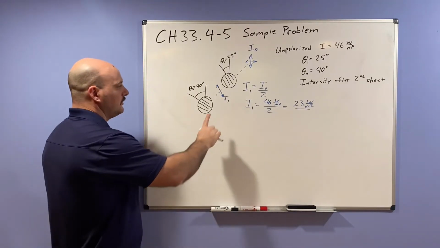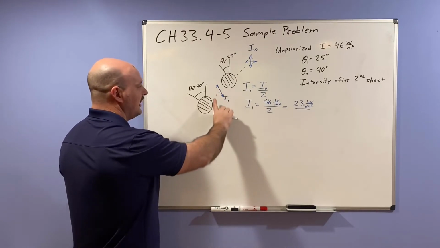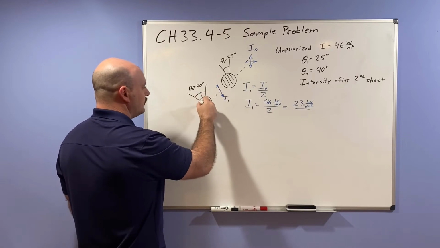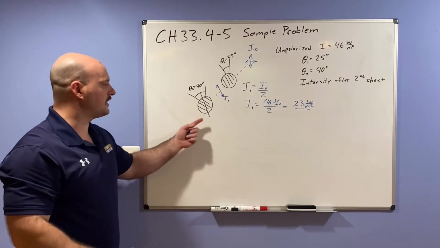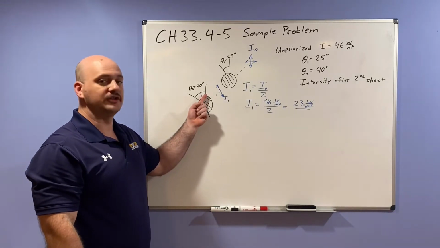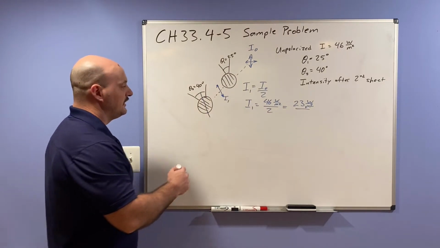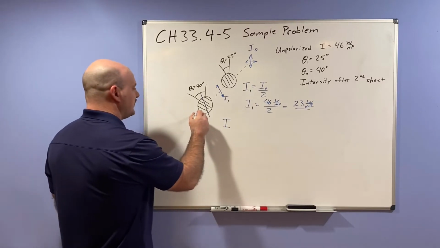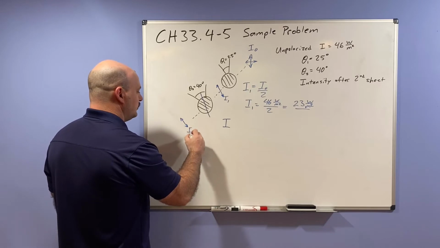So this light is now polarized, and it's polarized at a direction of 25 degrees to the vertical. Right here, there it is, 25 degrees to the vertical. And it comes up and it strikes a second polarizing sheet, which has an angle of 40 degrees to the vertical. The cosine squared rule tells us that the intensity of the light after the second sheet, I2, is going